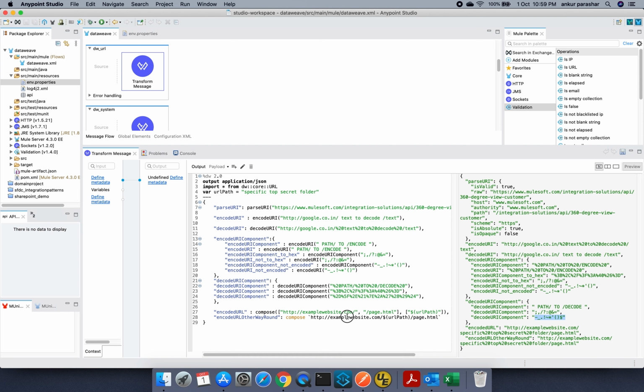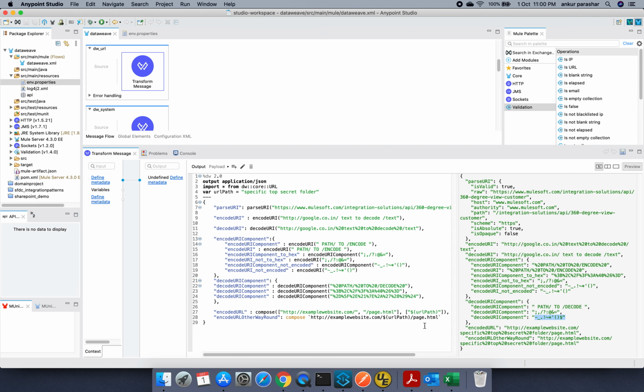I prefer the second one, but let's first go to the first one and then we will come to this one as well. So compose, and after that there are round brackets, and inside that you have to pass two parameters in square brackets. In the first part you send the initial root URI and the trailing path of it, then a comma, and you specify what you want to append.